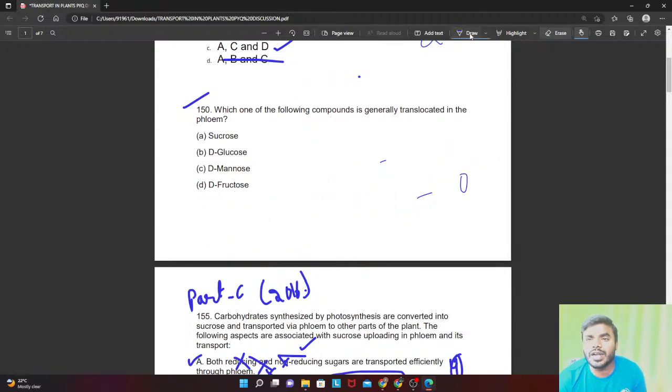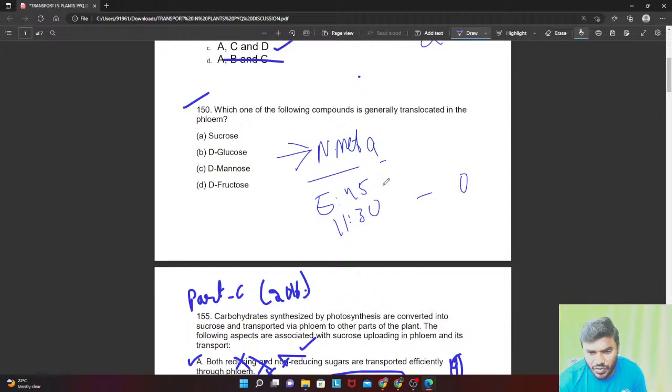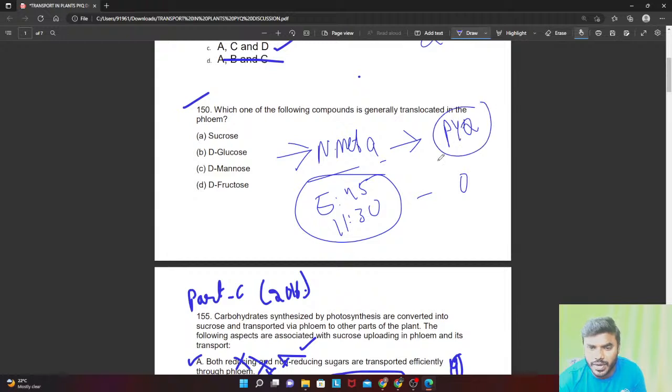Okay, now what is the goal of tomorrow, friends? Tomorrow we are studying nitrogen metabolism. So in the 5:45 a.m. class and the 11:30 a.m. class, I will finish the concept, and friends, I will solve all the PYQs from nitrogen metabolism in the 7 p.m. class. Okay, this will be the final revision. That's the reason I am teaching everything with respect to the PYQ. So make sure that you revise everything very well.